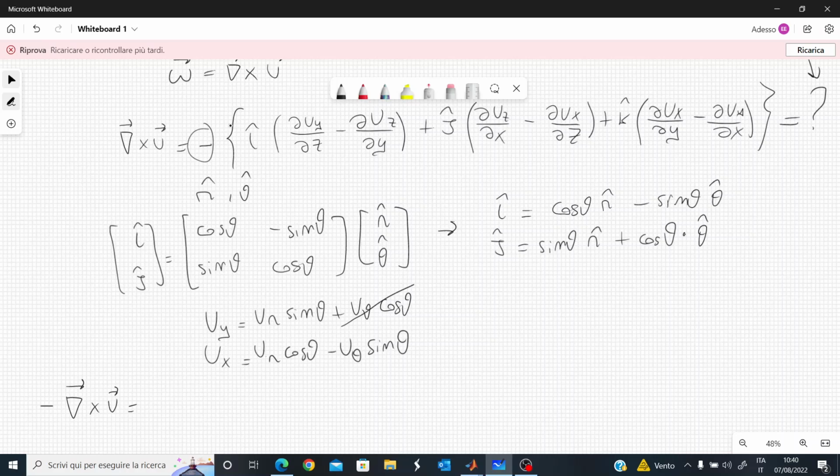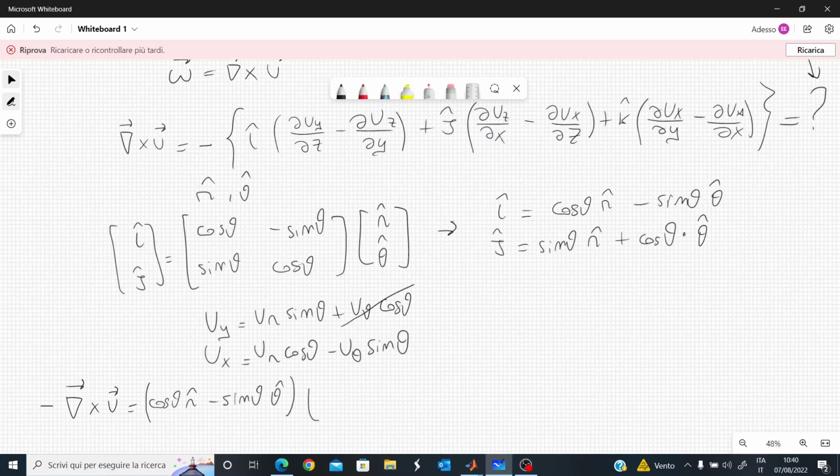Alternatively, I could have put this minus sign inside these expressions, but this is the way I wrote it, so it's not really a problem. I have minus the curl of u equal to, I have i, but i is equal to cosine theta r minus sine theta theta,